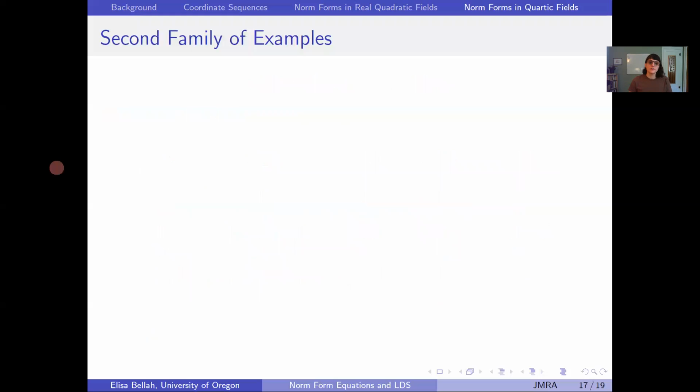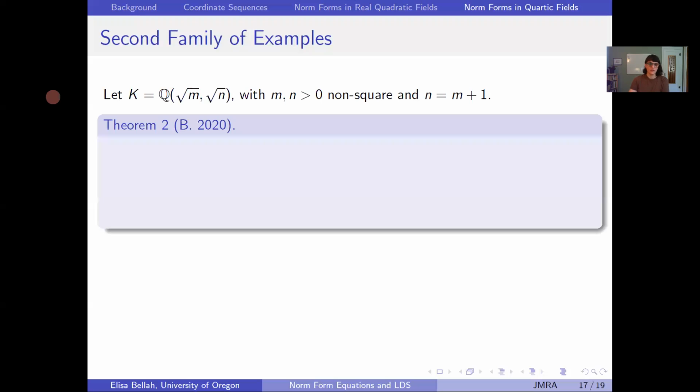Okay, so for the second family of examples, I'm going to look at a particular quartic number field satisfying the conditions that I had before. So let K be Q adjoin square root of M, square root of N, where M and N are positive non-square, and N is 1 more than M. So you could do things like Q adjoin square root of 2, square root of 3, or Q adjoin square root of 5, square root of 6, and so on. Then the second theorem says, if you consider this full module, Z adjoin square root of M, square root of N in K,